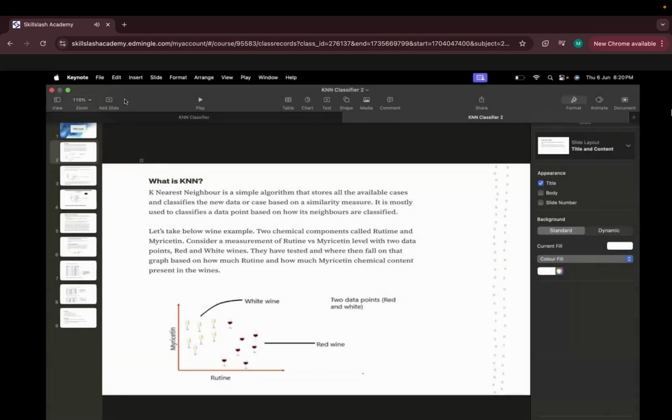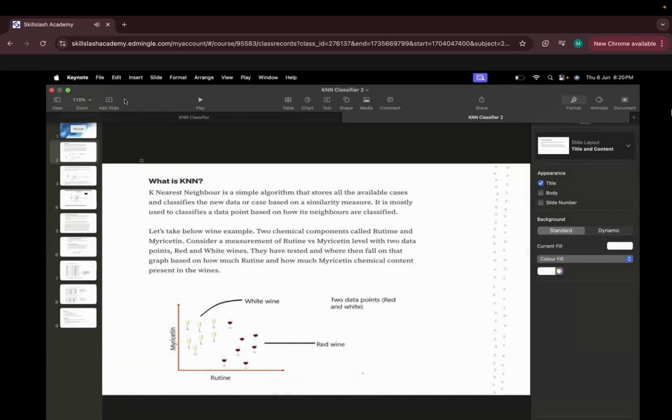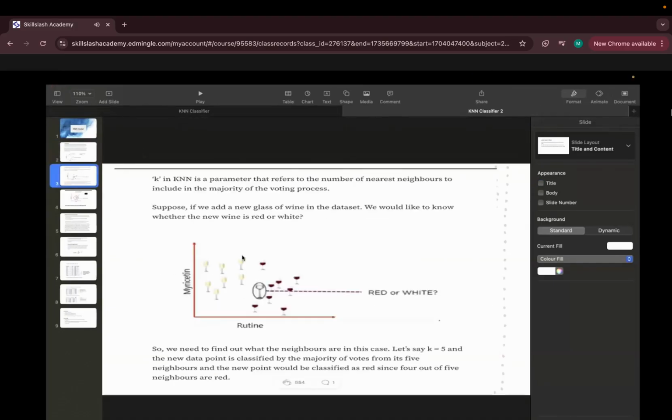Suppose you have a data set with a target feature which is classification in nature. How this works in the backend is what we are going to see right now.